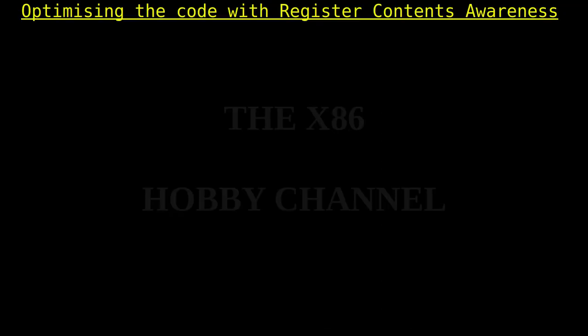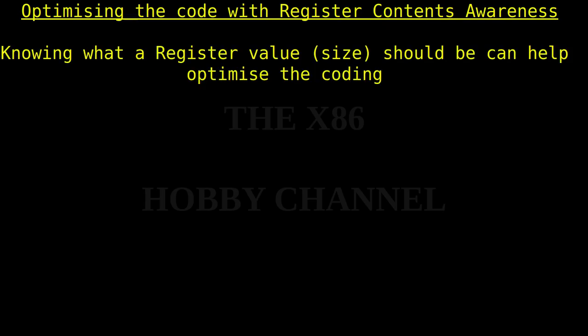Now, I want to talk about optimizing the code with register contents awareness. This really is the essential part of our micro ELF executables. And what we mean by this, that is, knowing what a register value should be can help optimize the coding. That doesn't mean to say you should understand exactly what's in every register at every given point in time, but essentially the most important thing to know